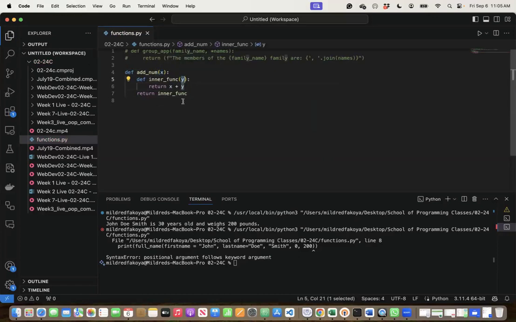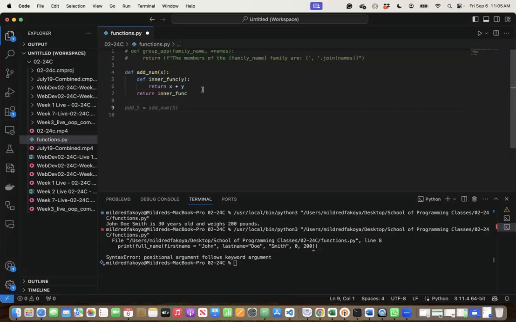This is how we look at the concept of closure, that it remembers the value even outside the scope of the inner one. So you see the inner function is encapsulated by the outer function. When we get deeply into production development, then we begin to see why this is important and some real life use cases that will make better sense. So when we do this and we want to create a closure now,